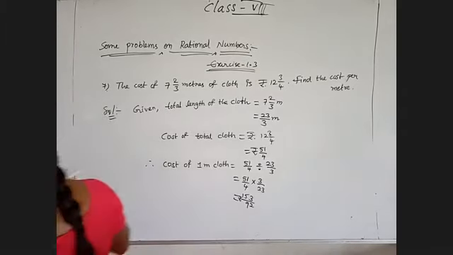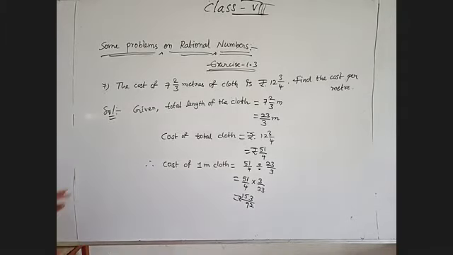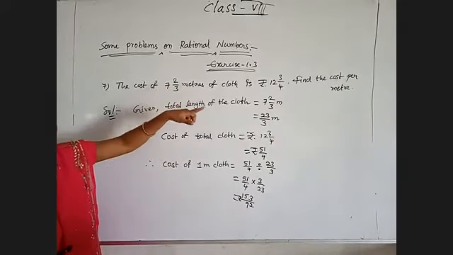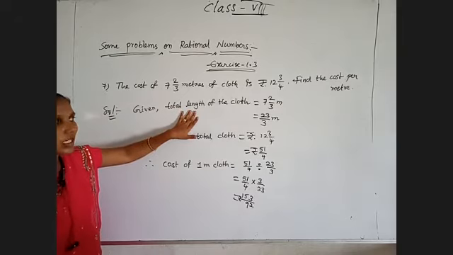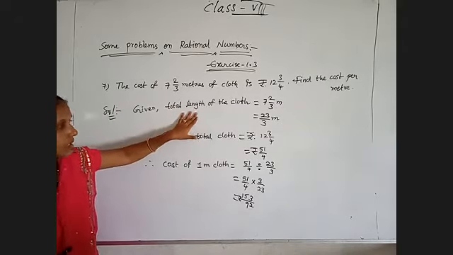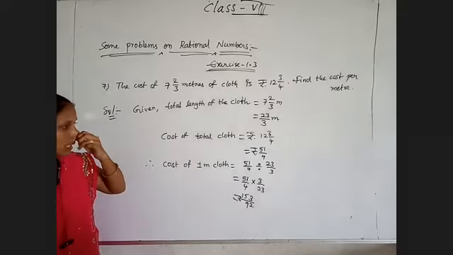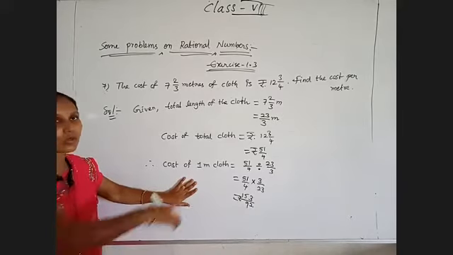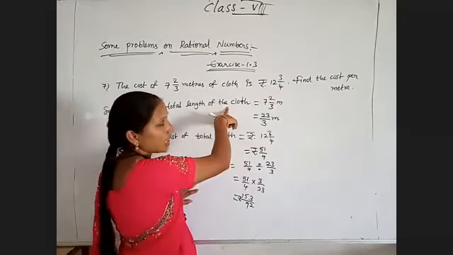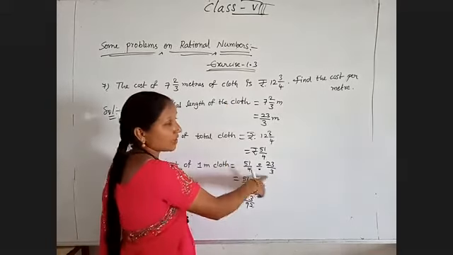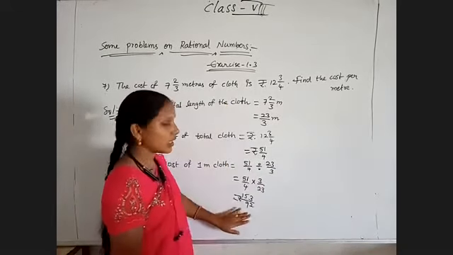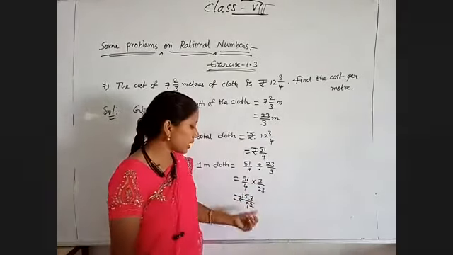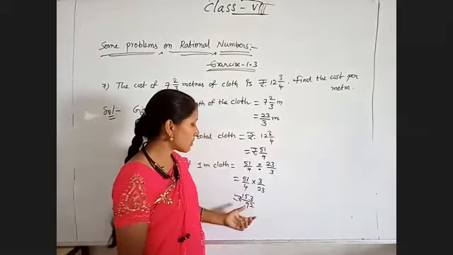We are now coming to the next question. So observe this question once again. This is the total cost of the cloth for these many meters given, and asking for 1 meter of cloth. So total length of the cloth is equal to 23 by 3 meters and cost of total cloth given is 12 3 by 4 rupees. Therefore, cost of one meter of cloth will be equal to total cost by total length of the cloth. That's all. If we do it that way, we will get its cost. We are doing for cost, so rupees. Okay, 153 by 92. If you want to take the decimal notation value, you can.